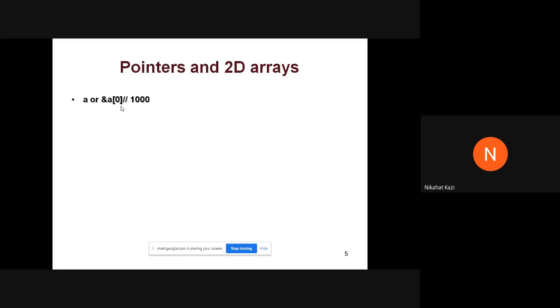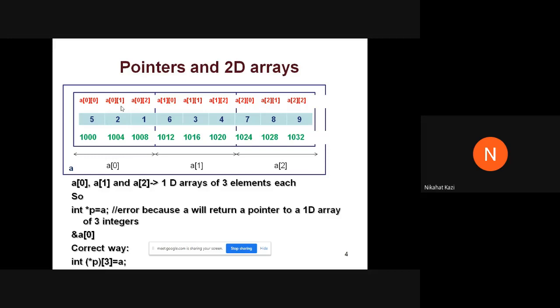Okay. So if I go back to this, this is my array A of 0. And I have got this expression, address of A of 0. Now this address of A of 0 means this array's address.